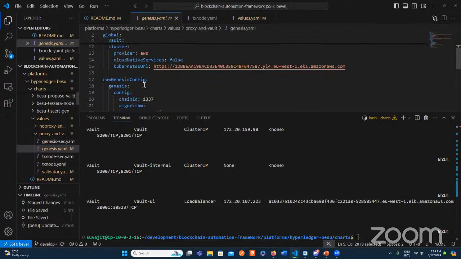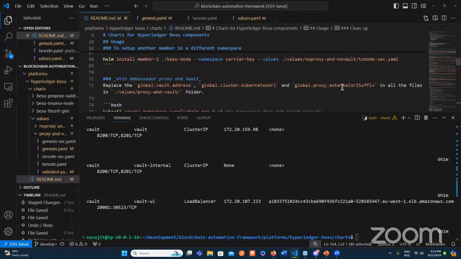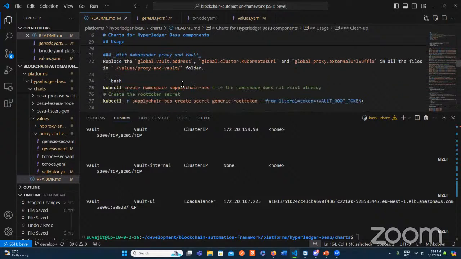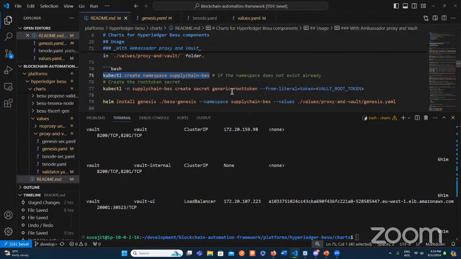So for Genesis, you don't need the other requirement which was written here, the external URL suffix. When I deploy the node, I'll show you that one. But for Genesis, this is fine. So I'm just going to run the commands. The additional step here is also to create a secret which would have the vault root token. So this is just a